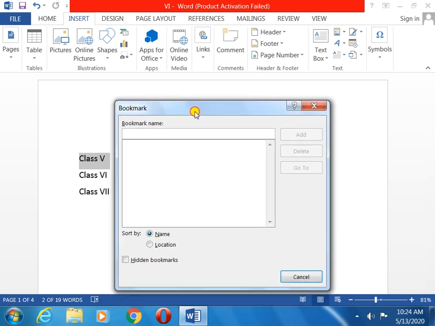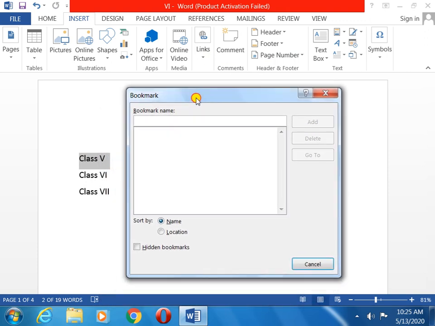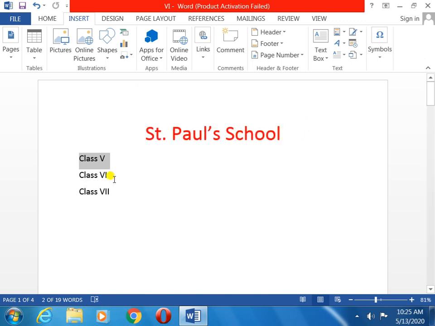Now the bookmark screen appears. You can see I have written here class 5. Now this word you will add, class 5. Same thing, remember you will not give a space.